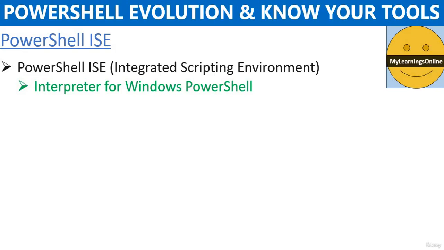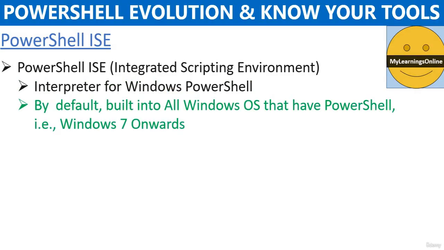Windows PowerShell Integrated Scripting Environment, ISE. This is a tool you are going to use at every step when using PowerShell. It can be used to run commands, write, test, and debug scripts in a GUI environment. We can do multi-line editing, syntax coloring, tab completion, selective execution, and lots of other things using this amazing tool.